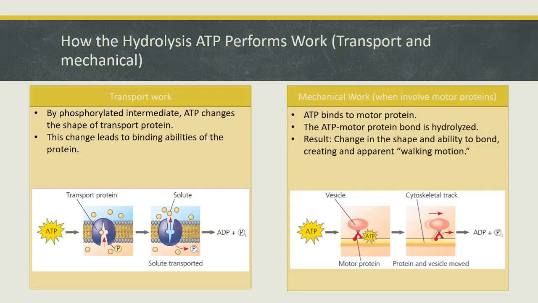This change leads to a change also in the binding ability of the protein. You can see in the example down there, the protein with the purple color, when it is bound to a phosphate, which is that little p in the bottom of that image,